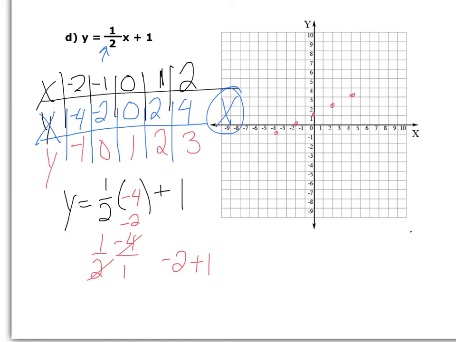The one thing to keep in mind when you guys are graphing this, now that we've changed our values of x, we need to remember that when we do this for our first point, we have to go to -4 and down 1, not -2 and down 1. The next point we got was (-2, 0) if you did it correctly, so -2 and then up and down 0. Then (0, 1) was a point, and then (2, 2) was our next point, and then (4, 3) was